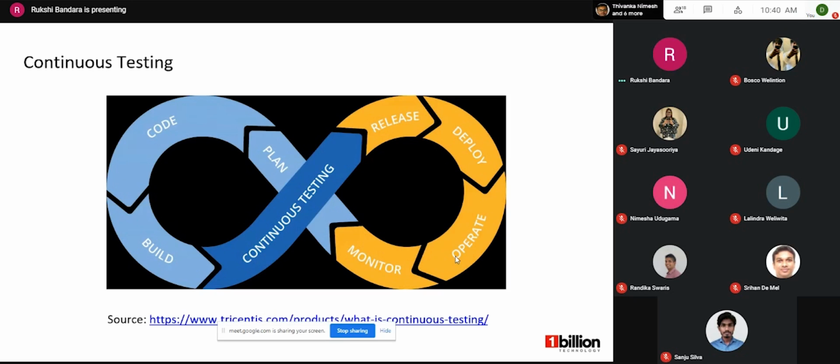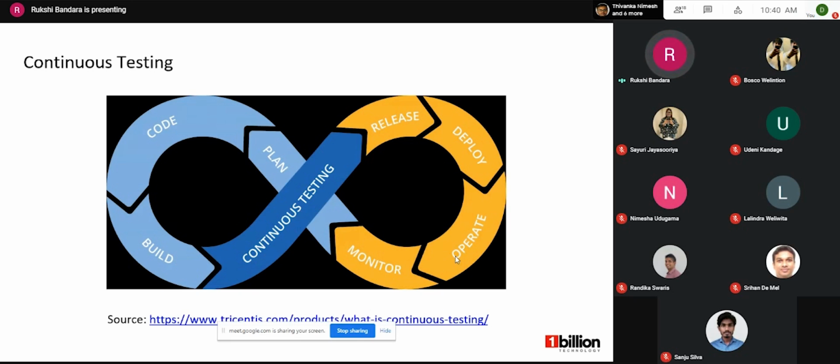So continuous testing in DevOps is a software testing type that involves testing the software at every stage of the software development lifecycle. The goal of continuous testing is evaluating the quality of software at every step of the continuous delivery process by testing early and testing often. The continuous testing process in DevOps involves stakeholders like developers, QAs, and operational staff.